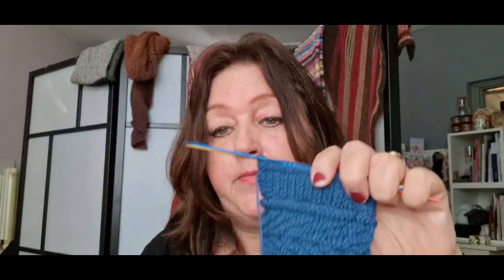It looks like the color is different here. Weird. This is my slow knitting sock, and the second one I am knitting on. I have to do one repeat. This piece I have to knit again, and then I can do the heel flap and the gusset and so forth. So I think I'll knit on this in the coming weeks, because I want to have it done. So that is the sock from the